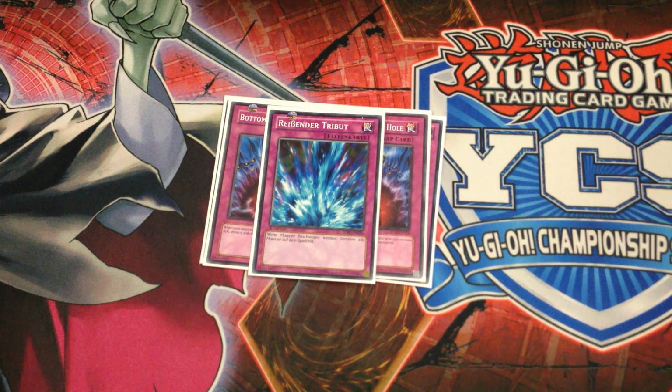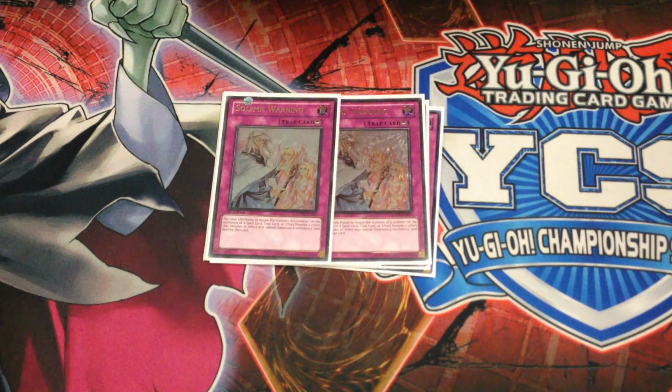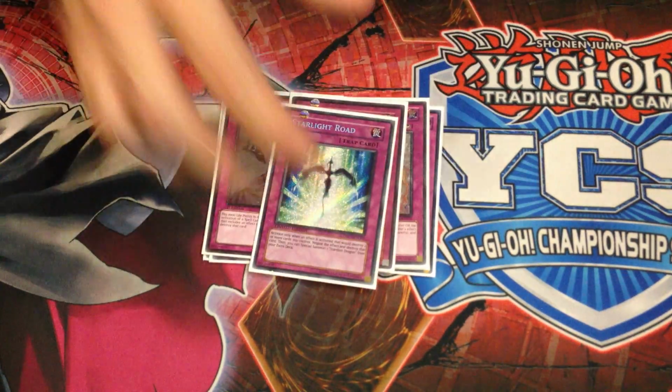So you got your 1 as your kill switch, but you really want to rely on your other traps to try and keep control. I really didn't enjoy Torrentialing my own Noble Knight King, so again, it's player preference. You can play 2 if you want. Then I play, of course, the double Warning, the Judgment, and I'm actually playing the Starlight Road, because I forgot